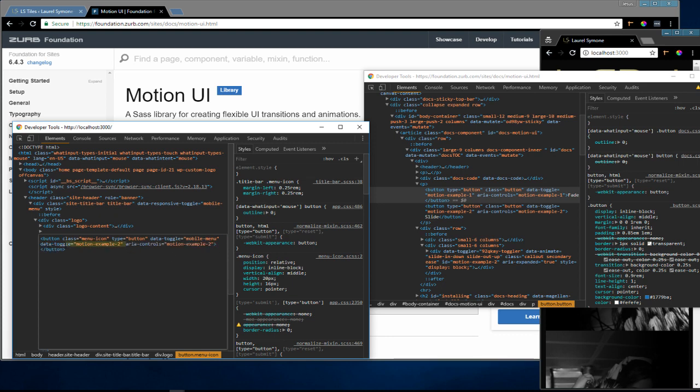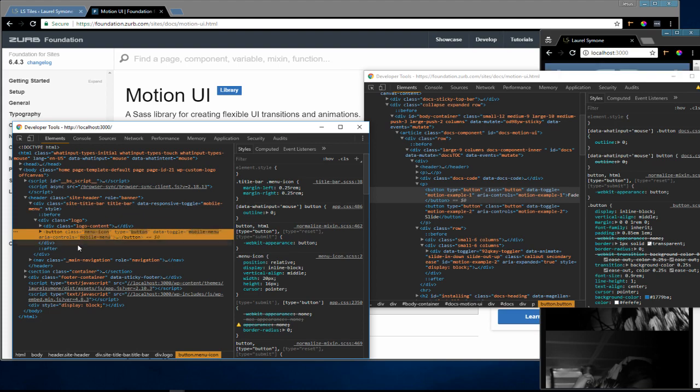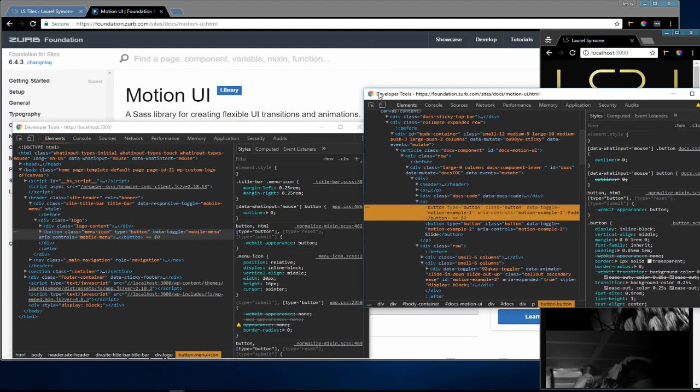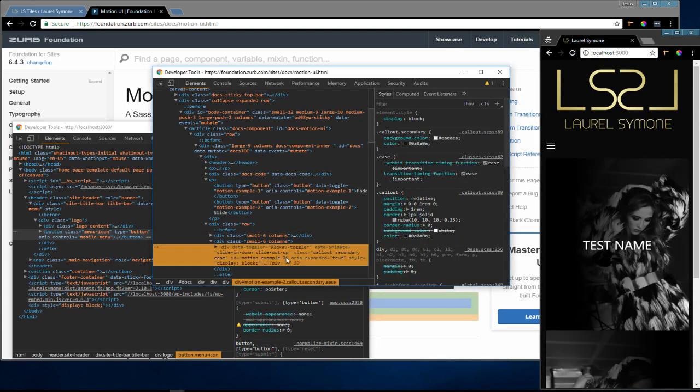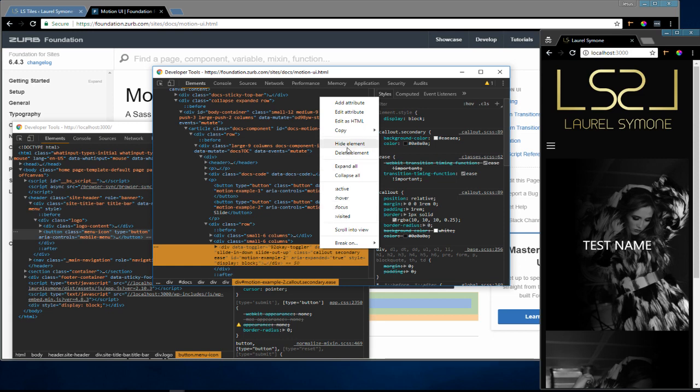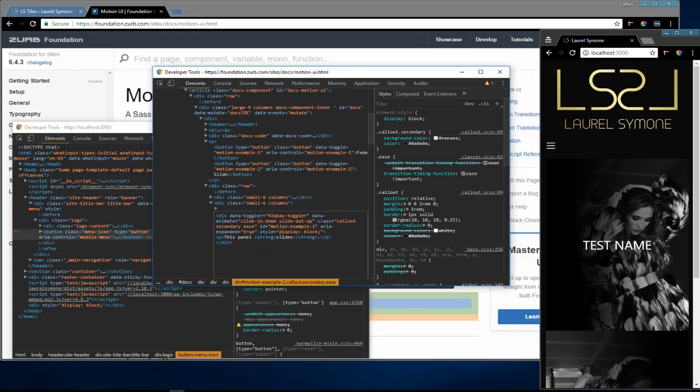And then our area control is going to be mobile menu. So I'll just copy that. Hit enter. Before when you used to hit enter, it saved it, but now you just got to click out of it. Okay, so we're good. If I click on it, okay, cool. So now we're just going to add that animation. I'm just going to do edit as HTML, and then we'll just do this data animation. Copy that,